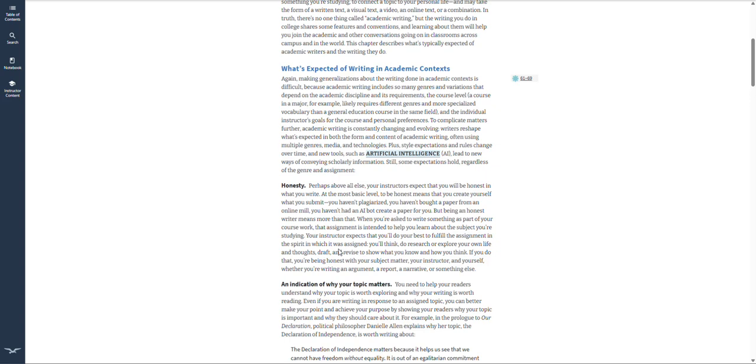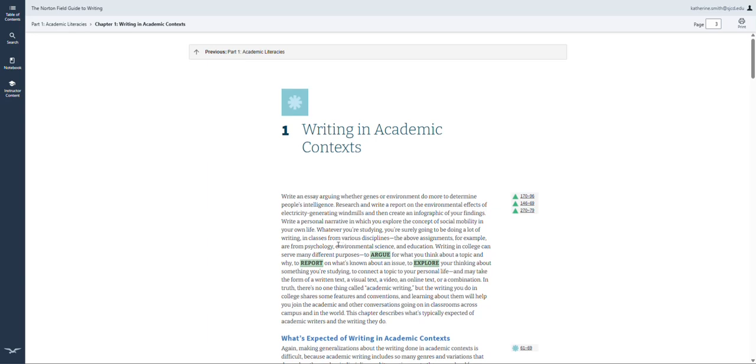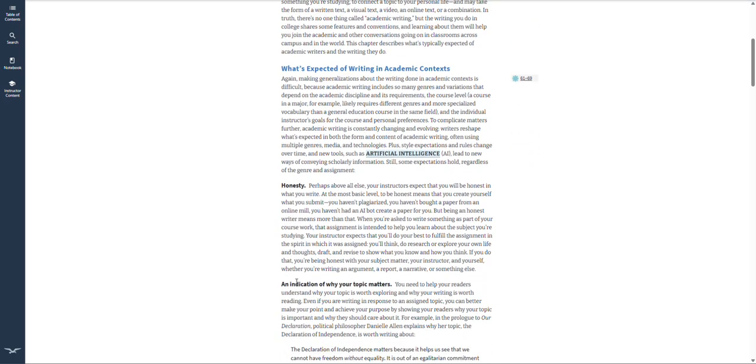Basically, this is a not terribly long chapter about what it means to write in an academic context. In other words, beyond something like STAAR or for your everyday writing, this is what you're going to be doing for the rest of your college career. Because other than tests, writing is one of the only other ways that most professors can tell whether or not you've grasped concepts or not.